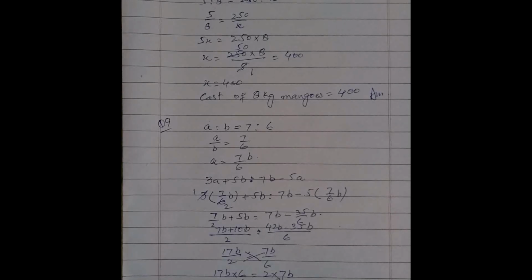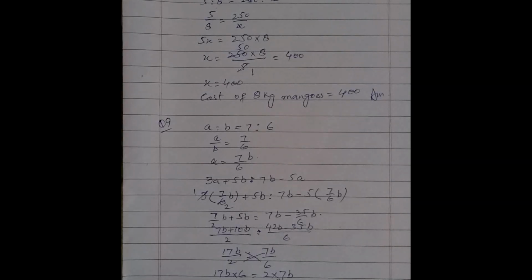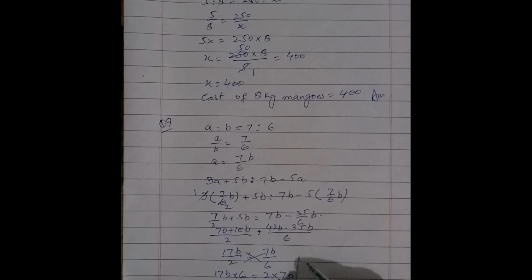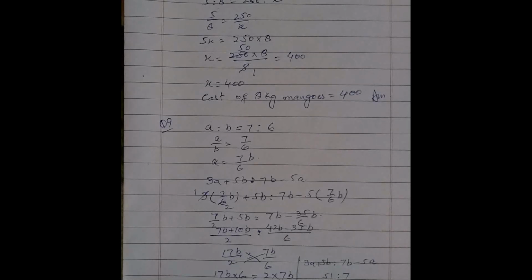We cancel B with B, and these two values are divided by 2. We get 51 ratio 7, and hence the value of 3A plus 5B ratio 7B minus 5A is 51 ratio 7, and we can write it as 51 over 7 too. And this is the answer of